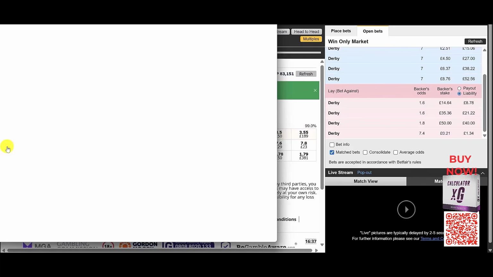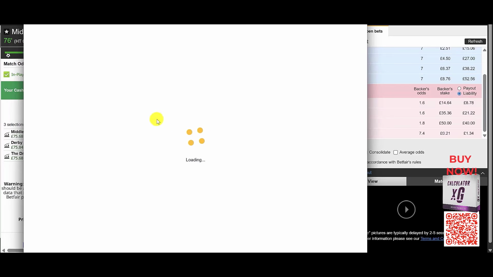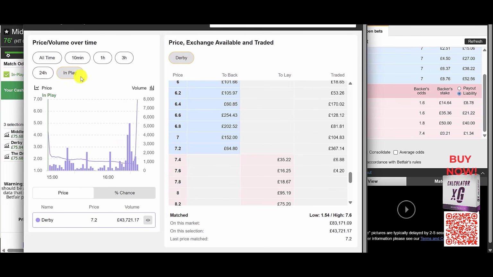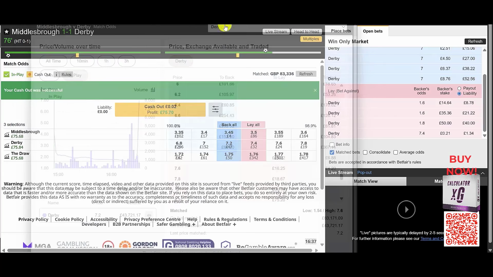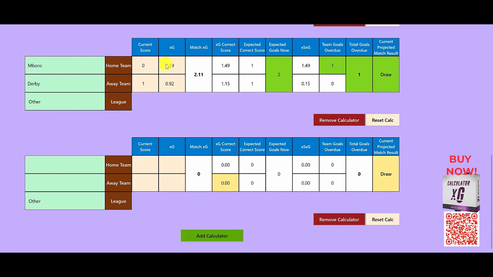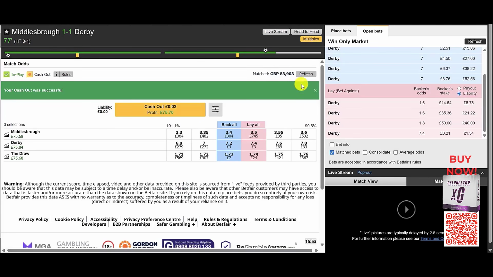If we just take a look at the chart, you can see how this was ticking down. If we click on the in play, well, yeah, we can't actually, can we? So anyway, we can't get much further into detail on that one because the price has shot out. But anyway, we're just going to look at the data. I've updated the XG numbers. I'm going to put in the correct score here, which means that we're right bang where we should be. Okay, it's a draw, no more goals overdue, so there isn't really much more action to take on this one,